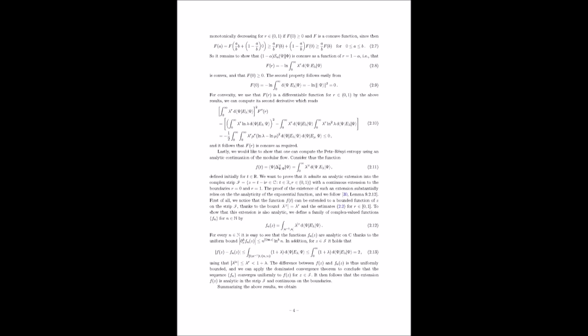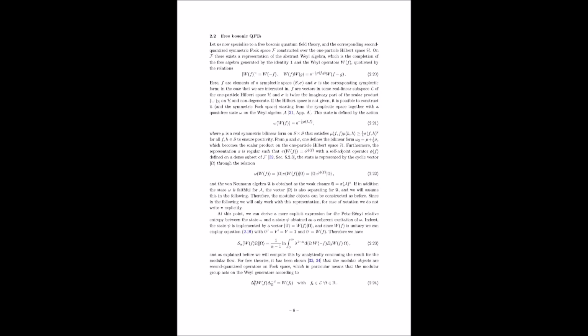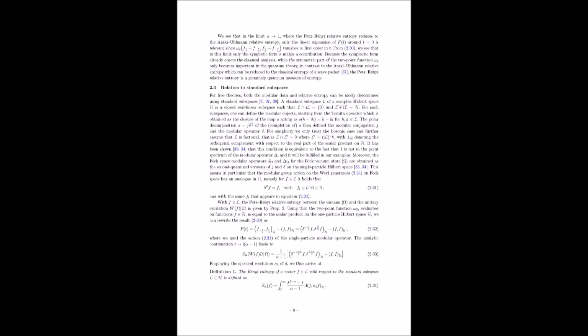Well, one of the central mysteries of quantum gravity is the nature of space-time at the Planck scale, where quantum effects are thought to dominate. That's the realm of the incredibly small, where space and time themselves become fuzzy and uncertain. Exactly. And some theories suggest that space-time itself might emerge from the entanglement of fundamental degrees of freedom. So instead of thinking of space-time as a background stage, it might be more like a fabric woven from quantum threads of entanglement. That's one of the mind-blowing ideas being explored. And if that's true, then understanding entanglement measures like the Petz-Rényi relative entropy could be crucial for understanding the very nature of space and time.